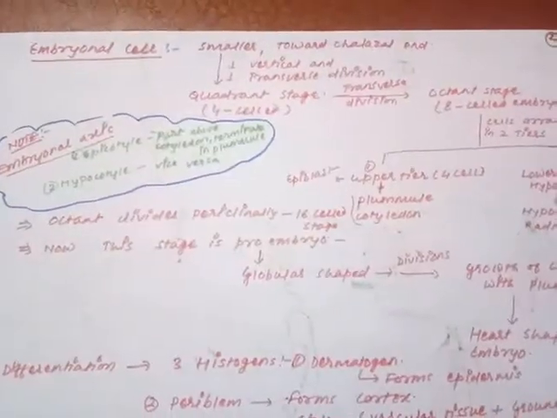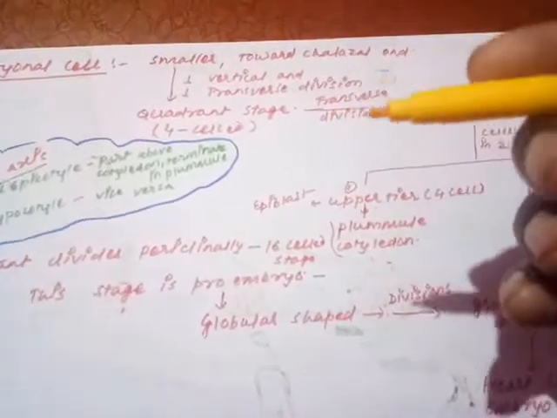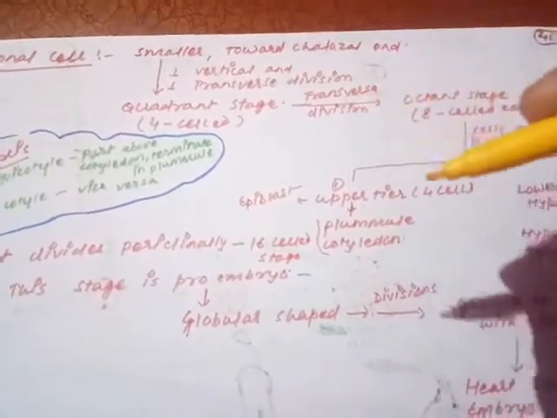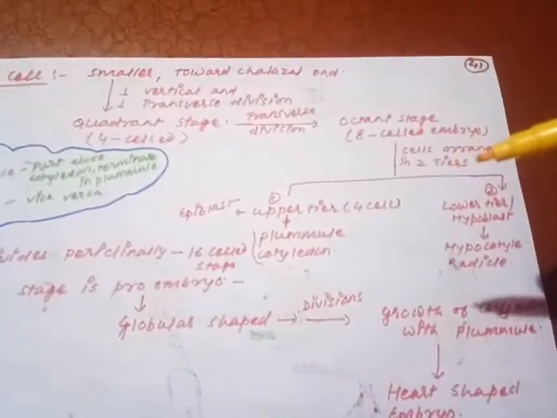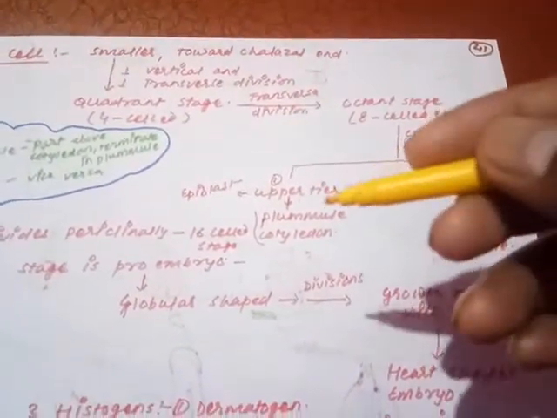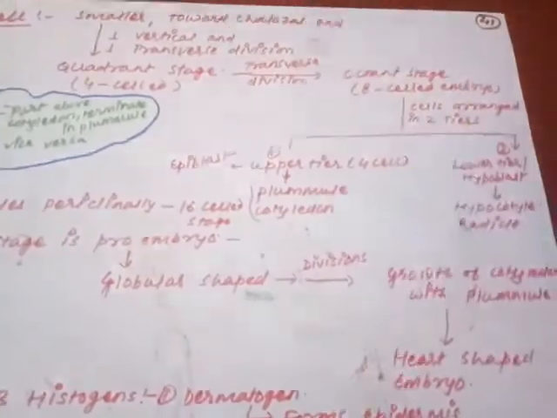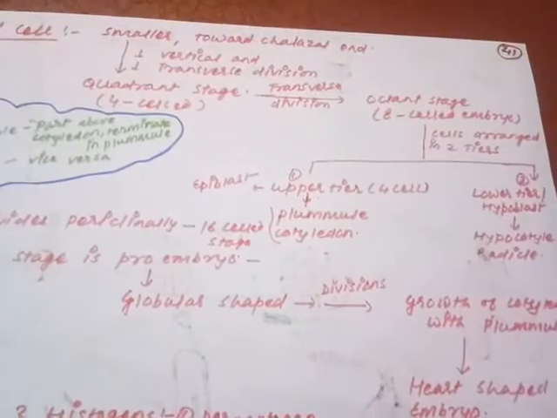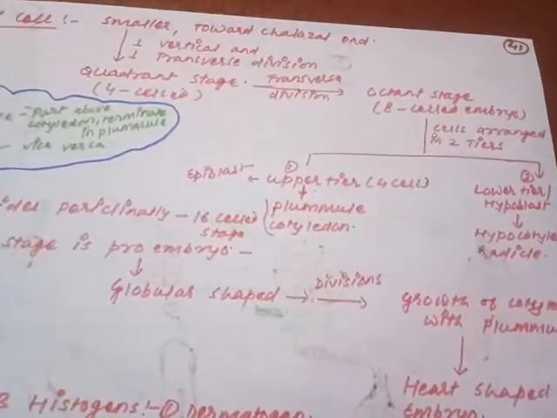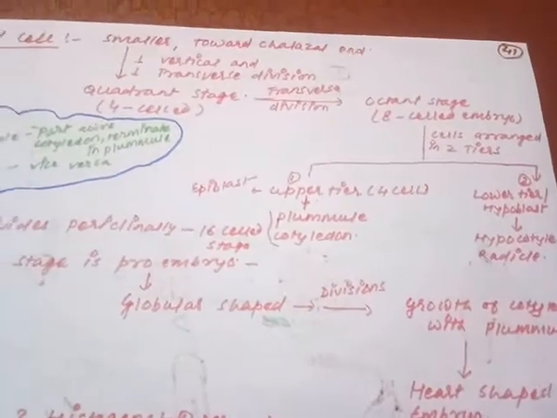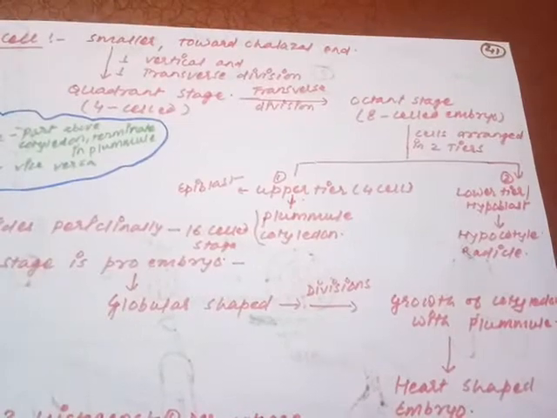The smaller cell is the embryonal cell. Vertical division, one transverse division, quadrant stage, once again transverse division, octant stage. In the octant stage, the cells are arranged into two tiers: the upper tier, epiblast, and the lower tier, hypoblast. The epiblast is going to form the plumule and cotyledon, and the lower tier is going to form the hypocotyl and radicle. Means the epiblast is responsible for development of the shoot system, and the remaining part,